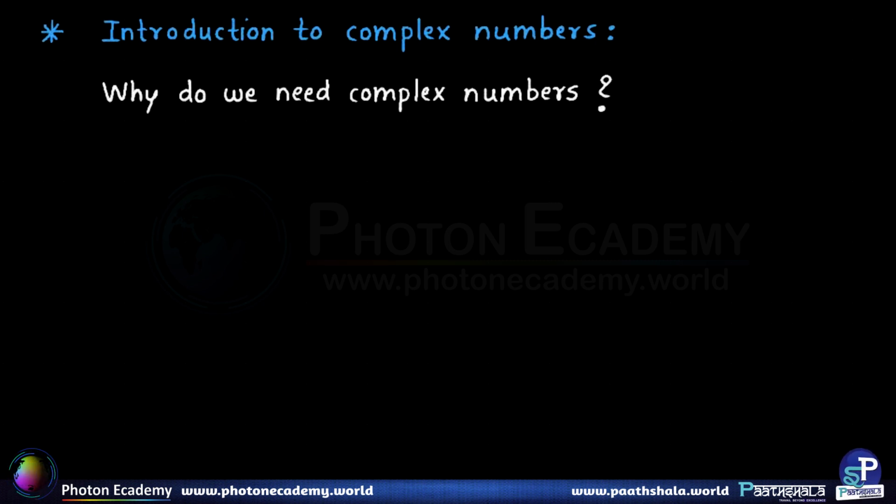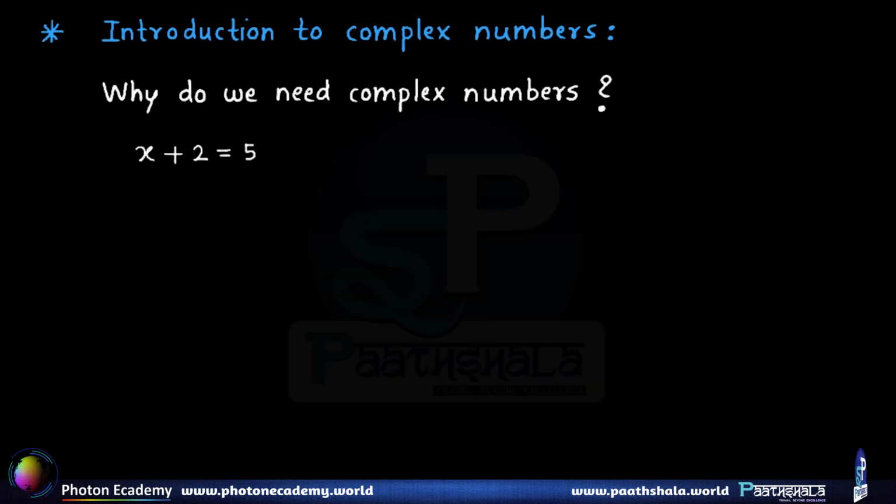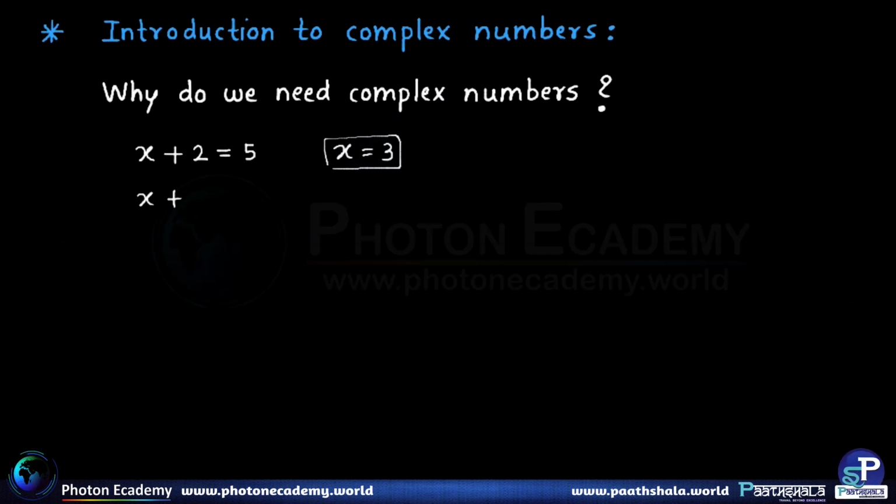Just to set the stage for this, let us consider a simple equation, say x plus 2 is equal to 5. Now if we give this equation to solve to some child who knows only the natural numbers, then we will definitely get an answer that x is equal to 3, because it's a number which satisfies this particular equation. But if we give the same child a slightly different equation to solve, now here what happens is,